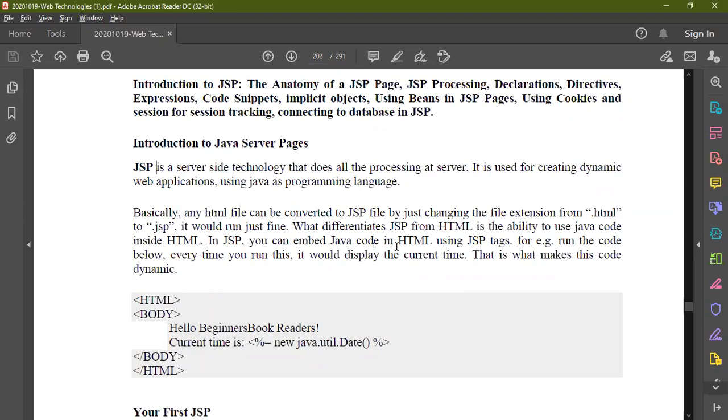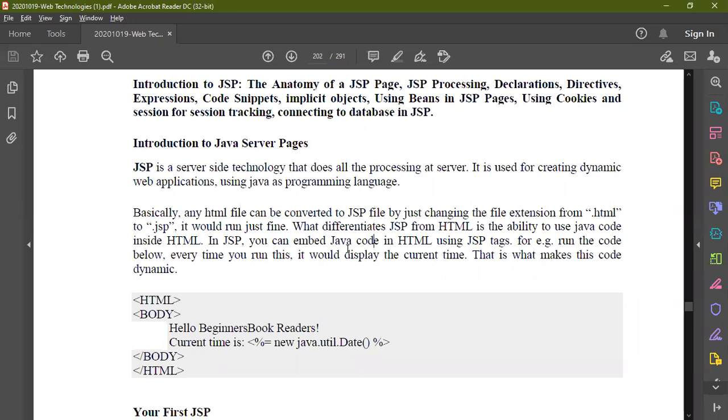Whereas JSP pages also use HTML, but the difference is that in JSP pages we use Java code also. It can accept Java code, whereas in HTML files we cannot add any Java code in the HTML tags. That is the main difference between HTML presentation and JSP presentation. I hope you understand.